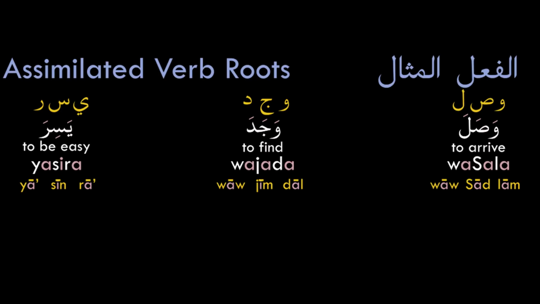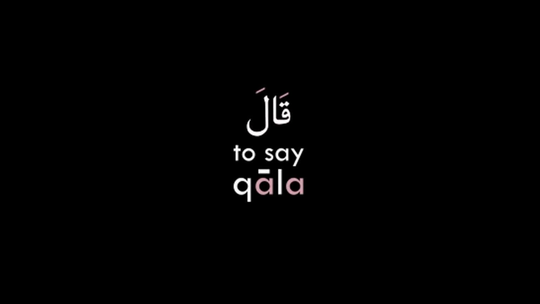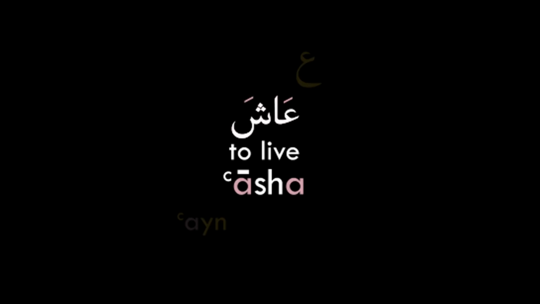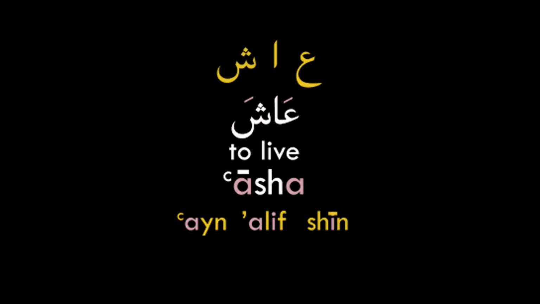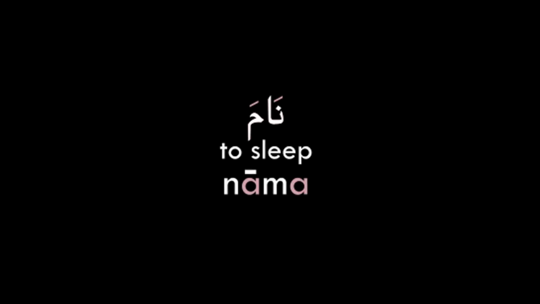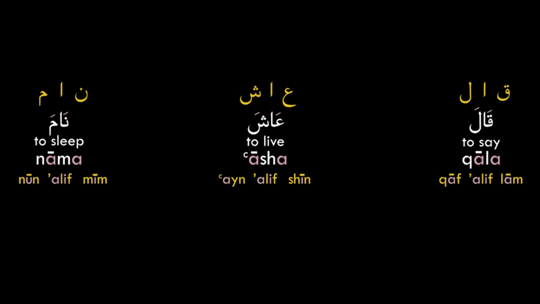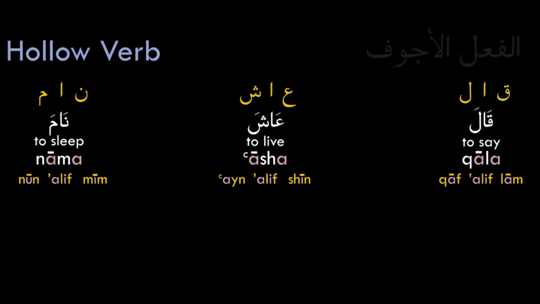The fifth type is where the second root letter is a weak letter, mostly alif, like qala. The root letters are qaf, alif, and lam, or aisha. The root letters are ayn, alif, and sheen, or nama. The root letters are noon, alif, and mim. Here we have alif as a second letter, and we call this type of verbs hollow verb roots, al-fi'lu al-ajwaf. The sixth type is where the final root letter is a weak letter, mostly alif or ya,